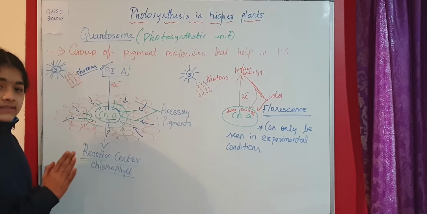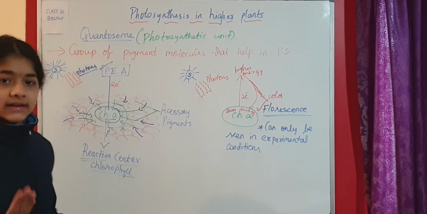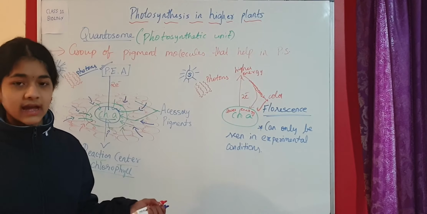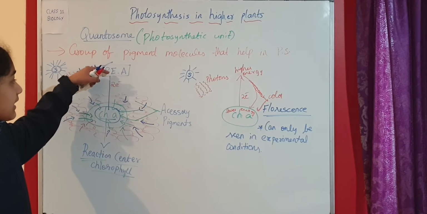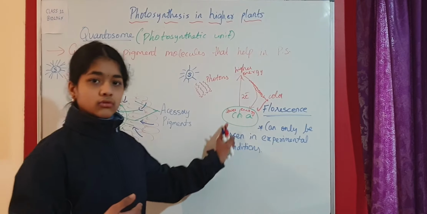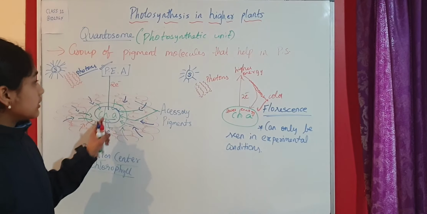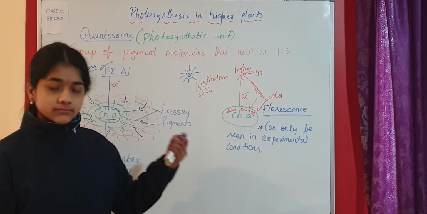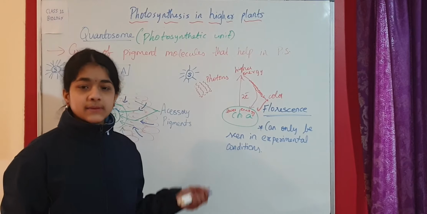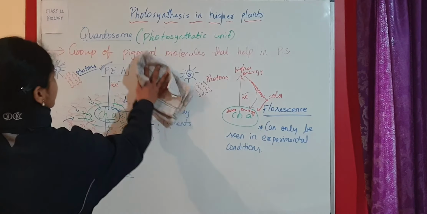In the normal living system, there is this primary electron acceptor which will act as a receptor, which will receive the electrons and again send them to the next photosystem or next quantosome. So this is the structure of quantosome, and this is nothing but fluorescence. Now we will take up the photosystems, that is PS1 and PS2, in detail, and the structure of it as well.